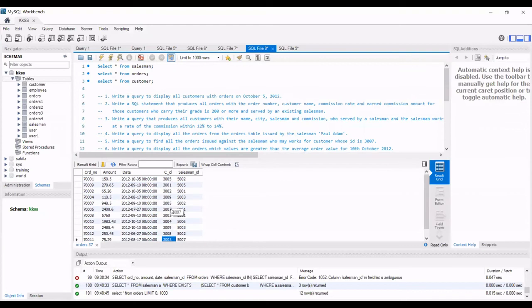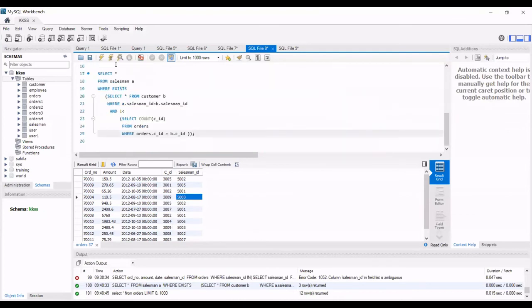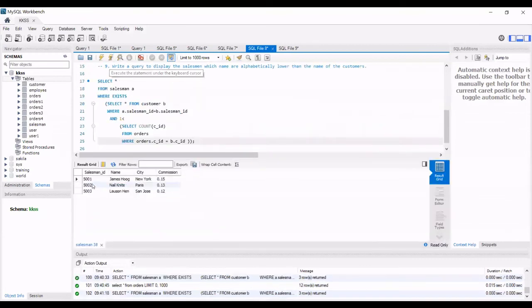Similarly, we have 3005, which has more than 1 order, and the salesman is 5002. And 3009, the salesman is 503. So it's showing these 3 salesmen only.